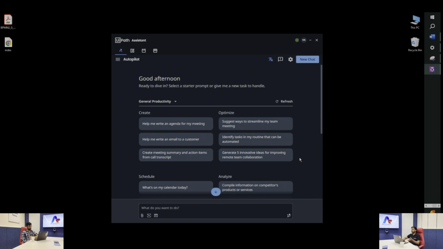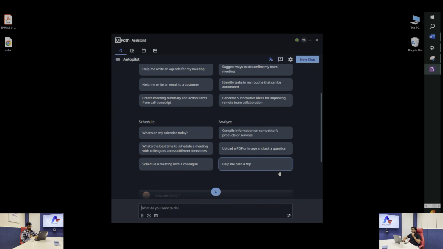Suppose you have an HR department, and for the HR department you want to categorize your prompts, you can do that over here as well. Okay, and if I use one of the available system prompts, like help me plan a trip, the system prompt is added in our input area where I can pass this input to autopilot, and based on that I'll get the output. Now I have the prompt as help me plan a trip to a location. The location has been added, but I have not specified where I want to go. Let's give a location over here. Suppose I give a location called Goa